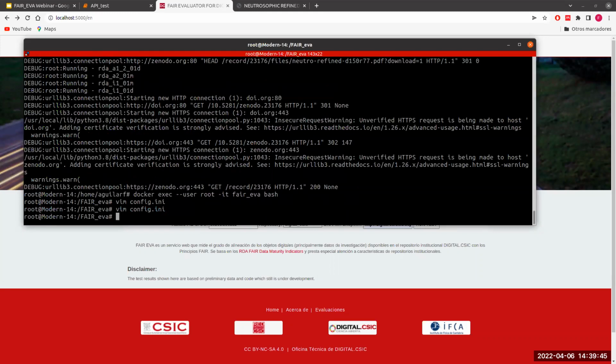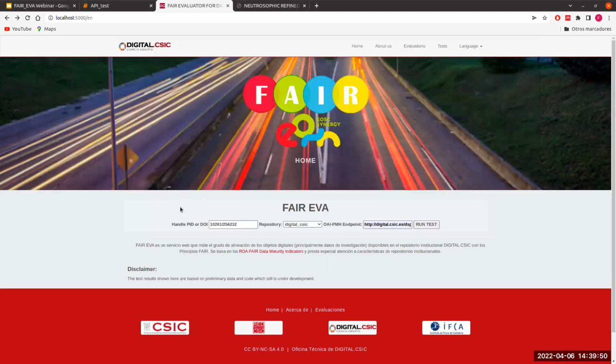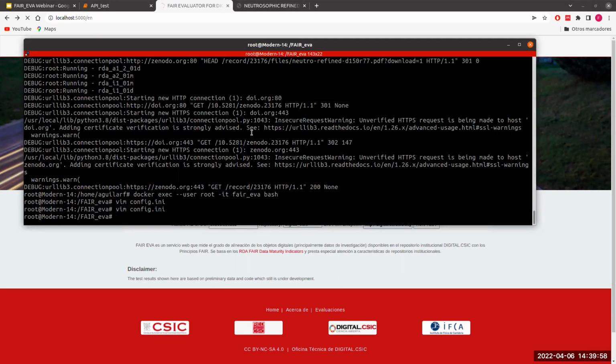So we can save the configuration. The service will be restarted automatically, detecting the new changes, and we can rerun the test, this time with the configuration. We can, of course, check